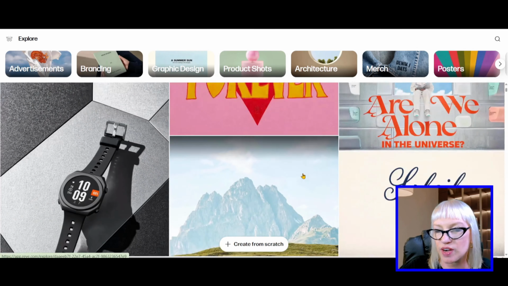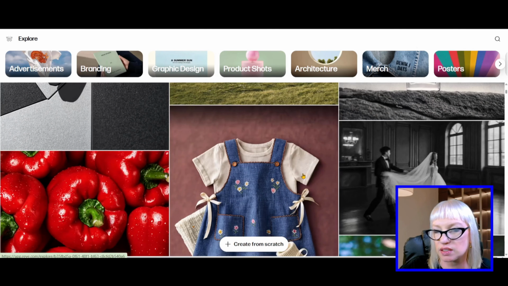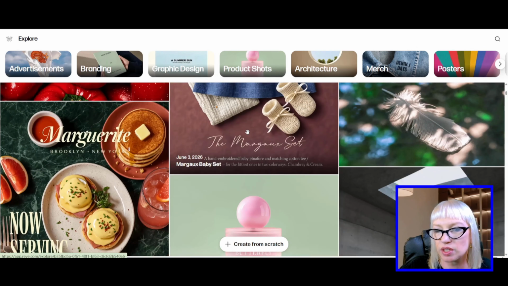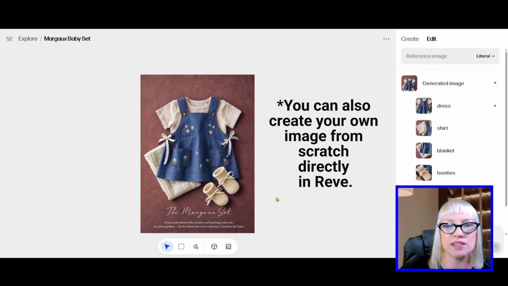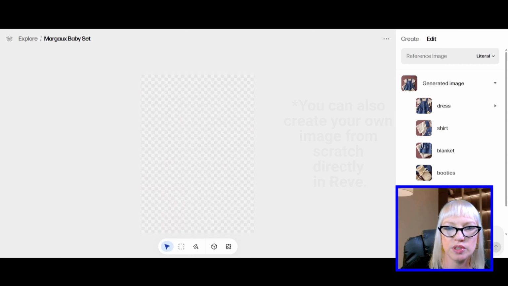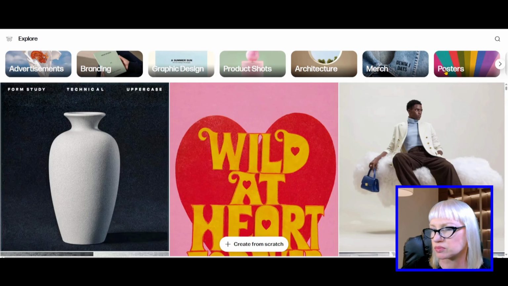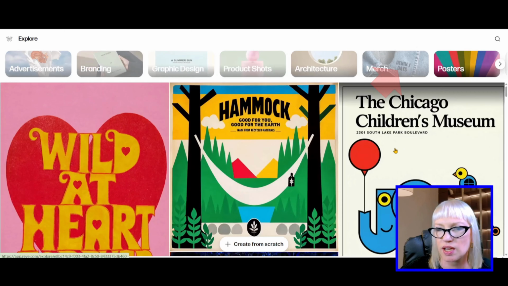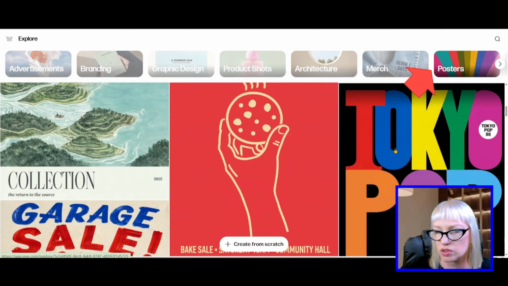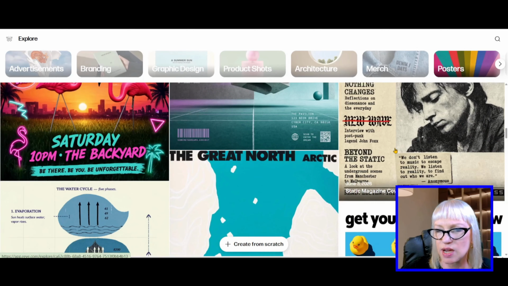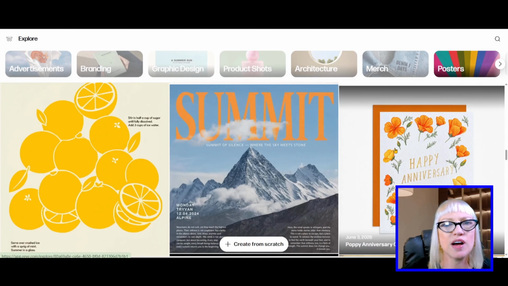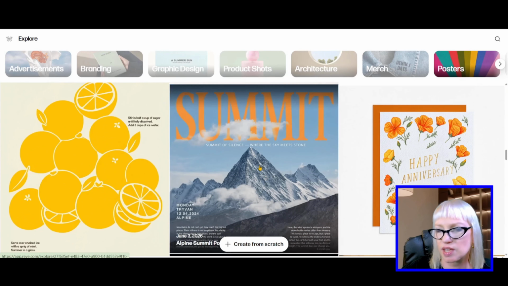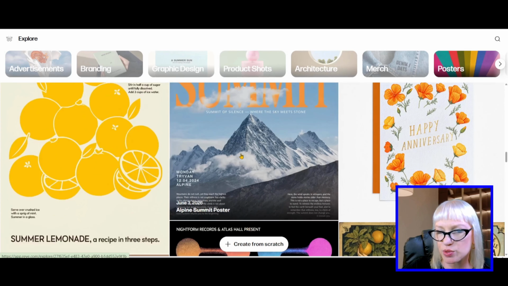You get on this page and you can find a number of different things that have been created within Reve, and you can click on any of those and start remixing them to create something else, and that's what we're going to do. I'm actually going to go into this posters section, and I found a poster. It has some text and some images, so you can kind of see how it works, and we'll make some changes. And if you'd like to, you can follow along with something similar at the same time. I'm going to click on this Alpine Summit poster,